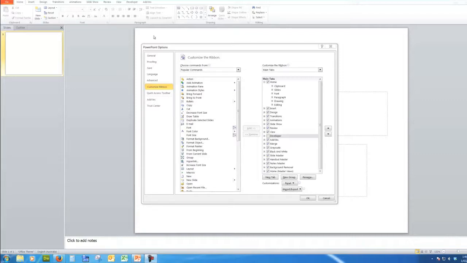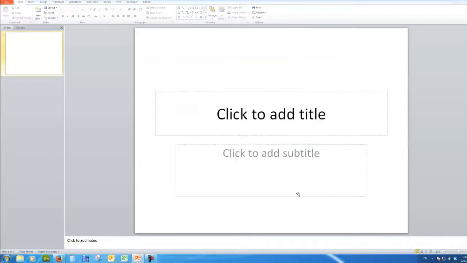First of all, I had to see the Developer tab up here in the PowerPoint program. If you don't see the Developer tab, and by default you will not see it, however, if you click on File and then go down to Options, the Options window will pop up here, and you need to click on Customize Ribbon and then put a tick in Developer. And when you put a tick in Developer and click OK, there you will see the Developer tab will appear